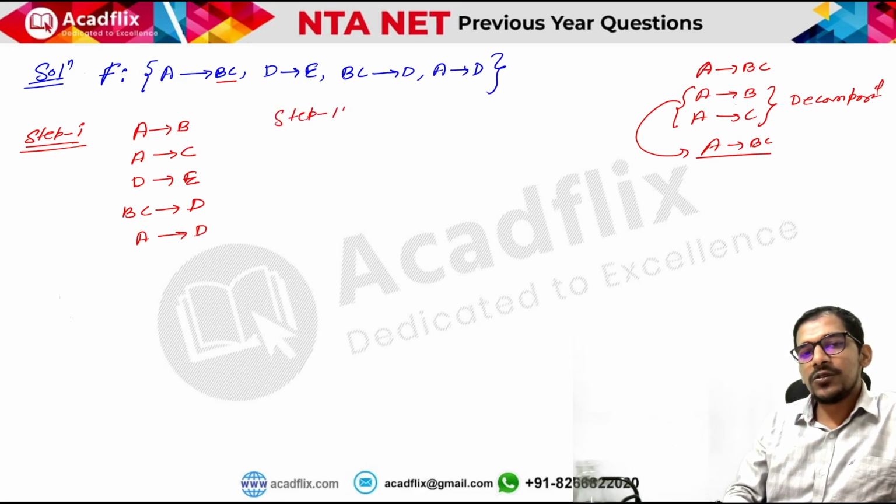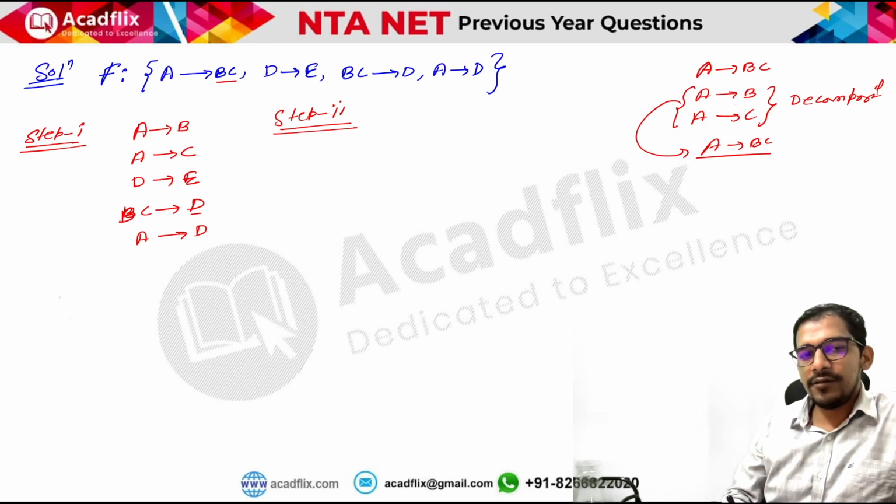If there are two attributes on the left hand side of any functional dependency, see if you can remove any of the attributes. How we can remove that attribute is, we need to check, can we derive D only from B or can we derive D only from C? For how we will check that, we need to take the closure of B. If in the closure of B, D comes, that means B can determine D, right? So the closure of B will give you only B because there is nothing determined from B.